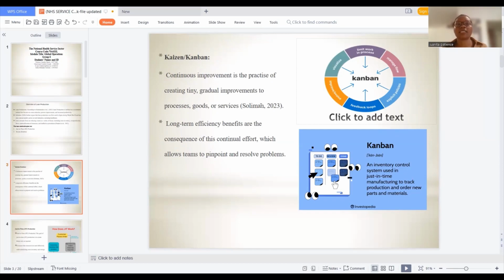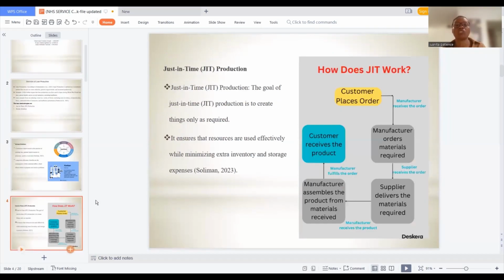Like I said, kaizen is the concept of continuously making small improvements in processes, goods, and services, resulting in long-term goals, benefits, and the ability to identify and solve problems effectively in the organization. While JIT, which is just-in-time production, has to do with organizing the production process and delivering products or components precisely to the customers when necessary, by eliminating the need